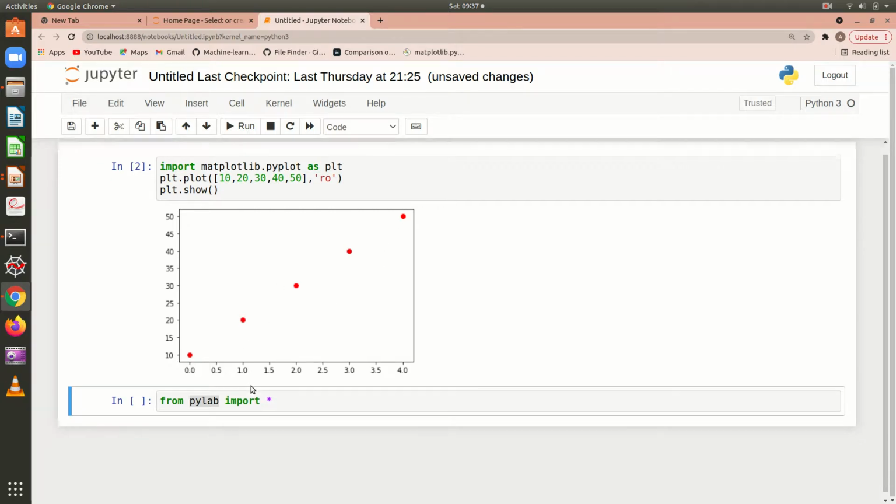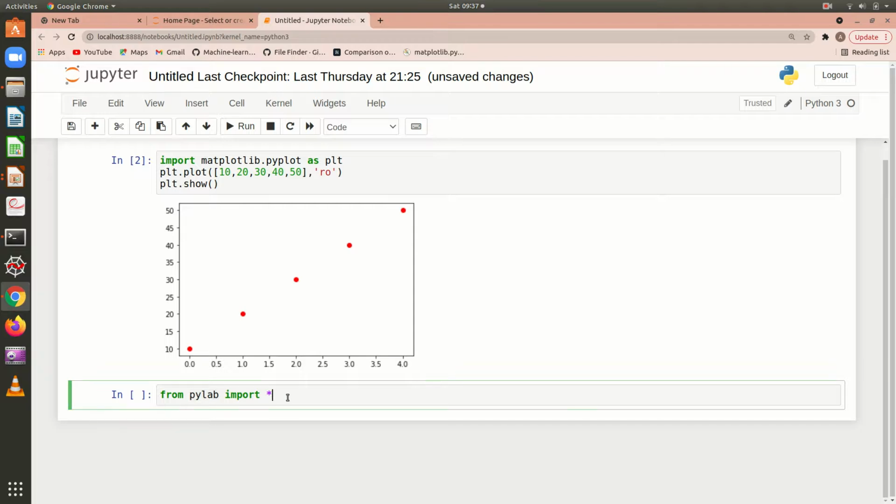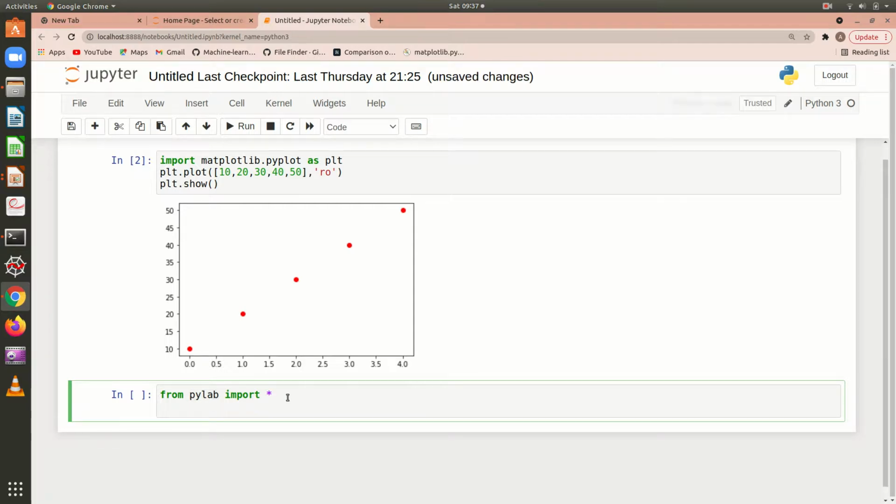Now the same you are going to do with pylab. What happens here, I am not giving the plt every time. Here every time the plot function is invoked using the module name, right?